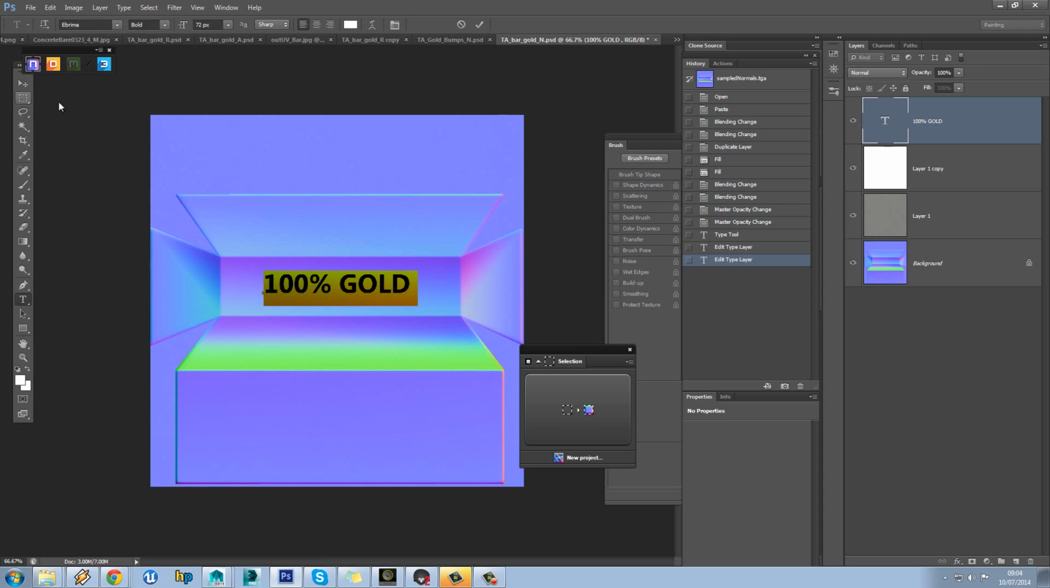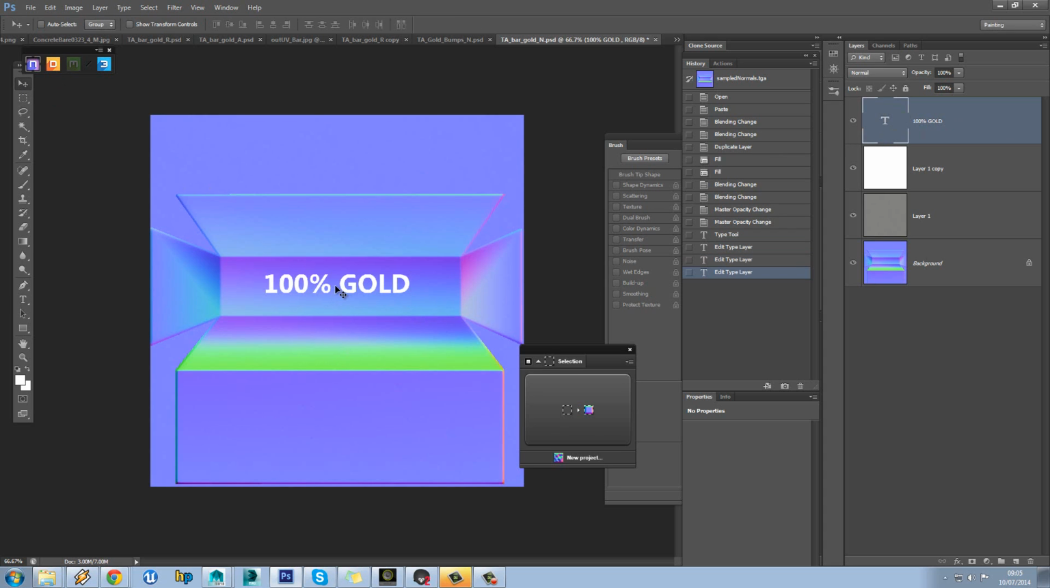Okay, so our size is probably about right. It's up to you guys what you want to write. You could put Boolean or whatever after it as well, but I'm just going to put 100% gold like that. Make sure it's